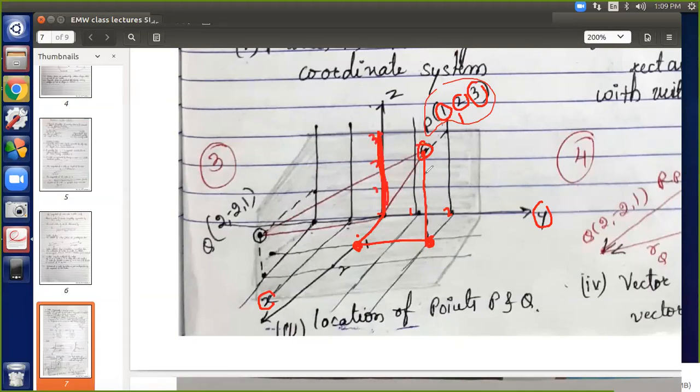I hope you have understood how to mark point 1, 2, 3. So this is how we reached this point. Similarly, let us mark the point Q. Let's see how it comes. In order to get this Q again, first point represents x direction, that is 2. Okay, x is this. So move from the origin till 2. So we will reach here in x direction.